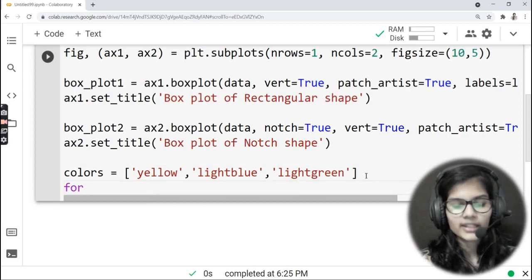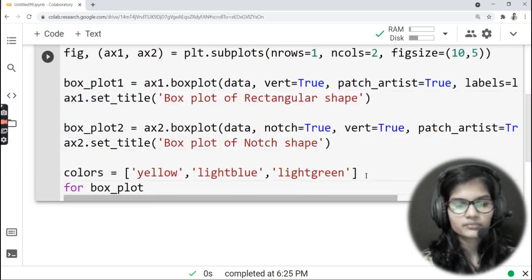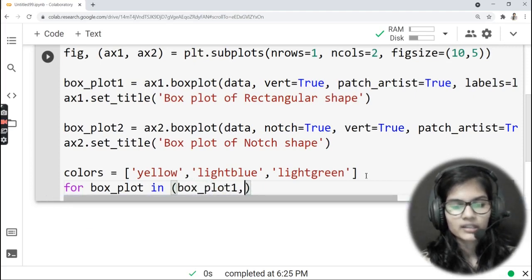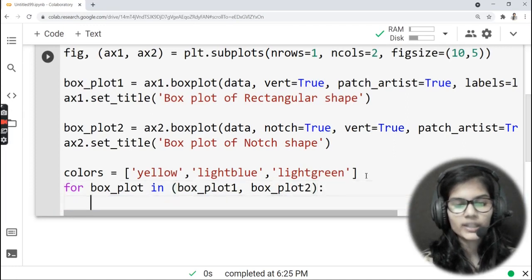So I could just simply apply a for loop, for box_plot in, what are my two variables in which I have saved out my box plot? That is box_plot1, comma, and the second one is box_plot2, right? These are the two variables in which I have set out my box plot. So for these two variables, after that for